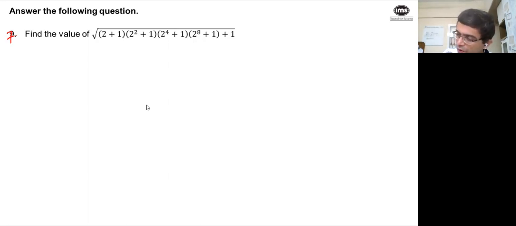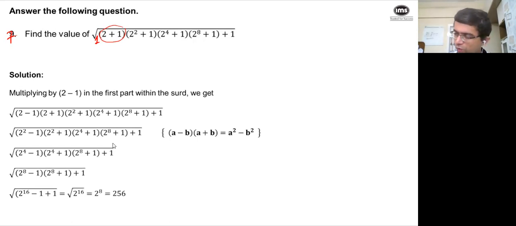What we are going to do is, do you see a 1 here, which obviously we have not written? If it is 1 into 4, we just write it as 4, right? So hope all of you can see that before this bracket called 2 plus 1, there is a 1. 1 into anything is the same number. So there is a 1 here. Now I am going to rewrite that 1 as 2 minus 1.